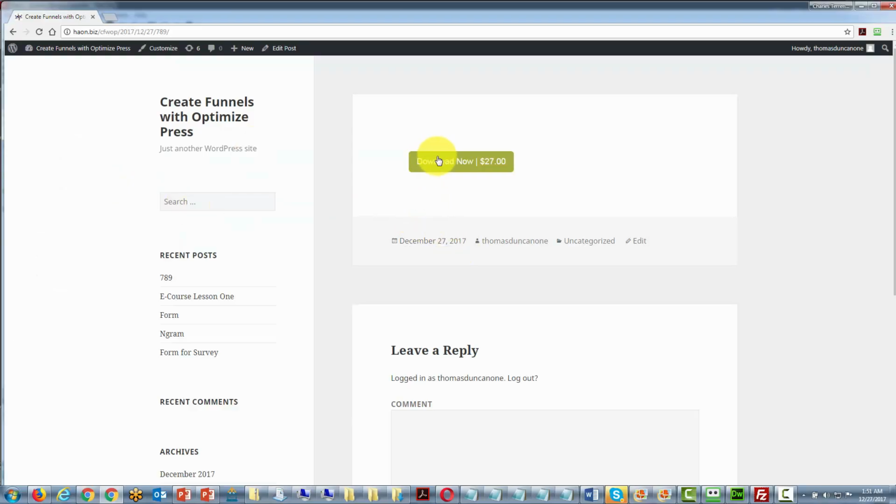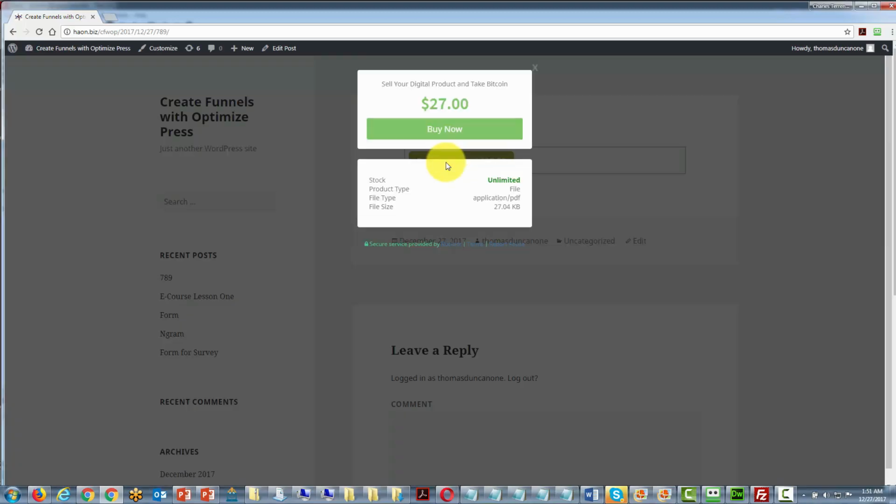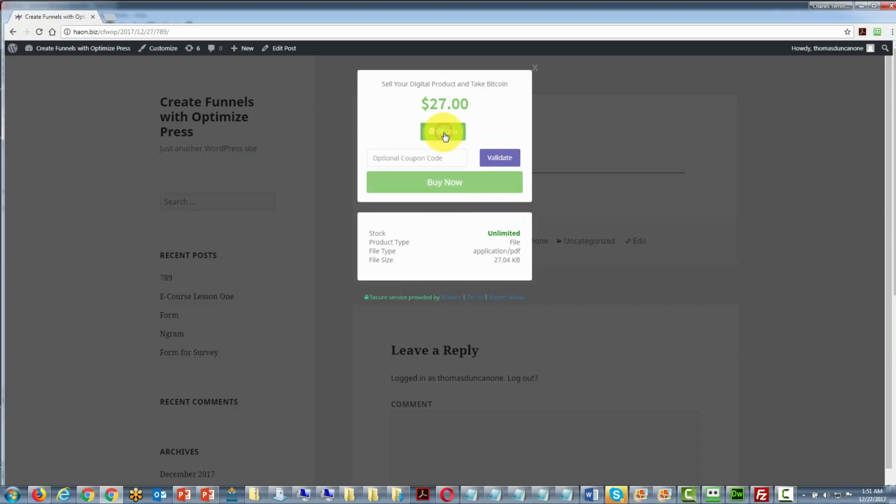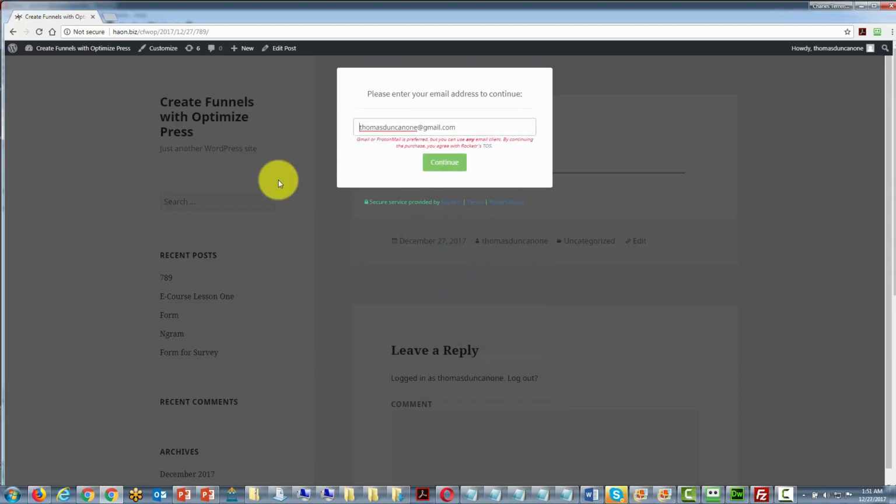So when our customer actually goes to hit our pay button, they're going to click it. They're going to then click Buy Now. And then they're going to be shown a place where they can put their coupon code. We're going to go ahead and place our coupon code in there. Actually, they're going to click Validate. They're going to get 50% off, and then they're going to be able to click the Buy Now button and